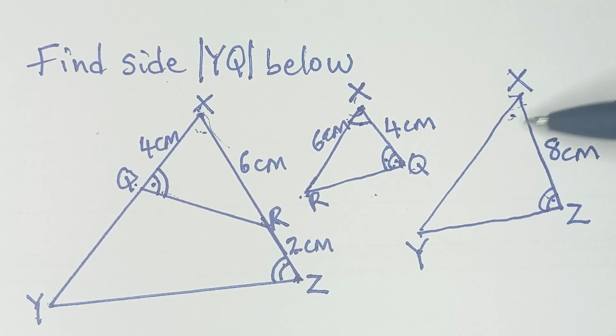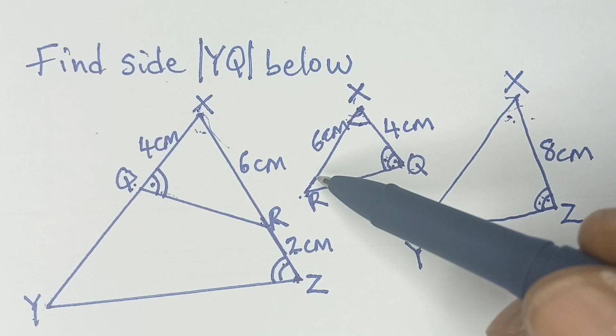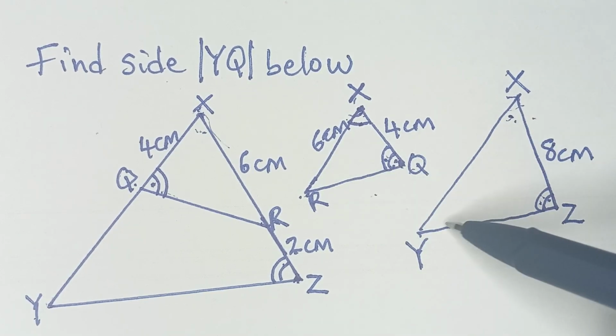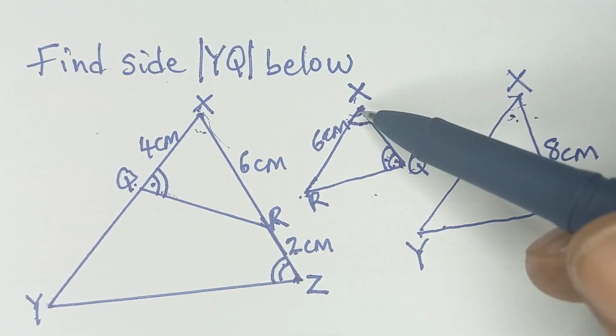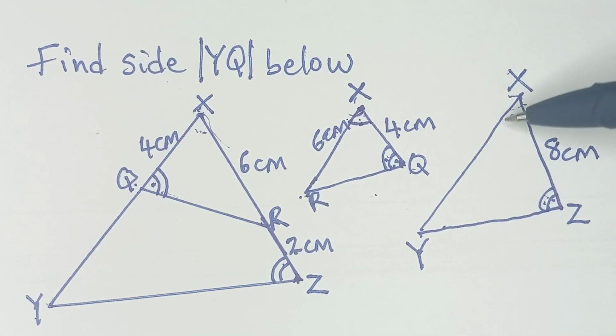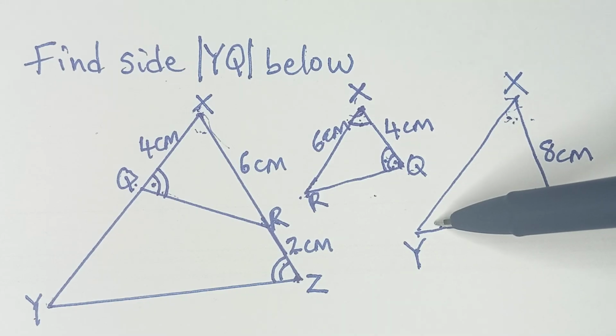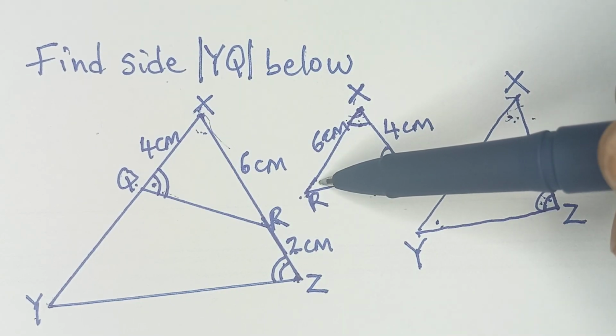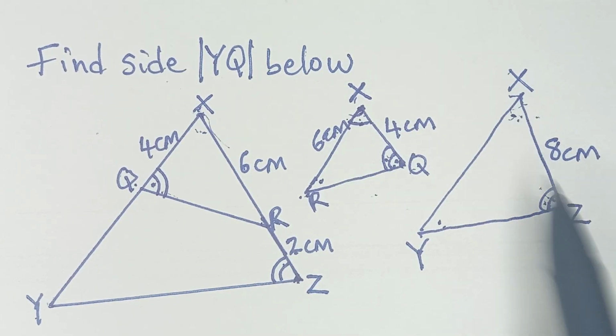So when you have two angles that are already equal in two separate triangles, automatically the third angle in the two separate triangles will also be equal. So the sum of angles in a triangle add up to 180. So if these two angles are already equal in the two separate triangles, automatically this third angle will also be equal to this third angle there. So we now have two